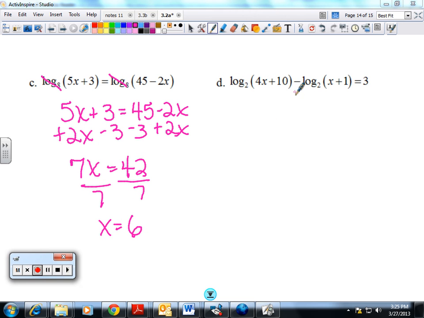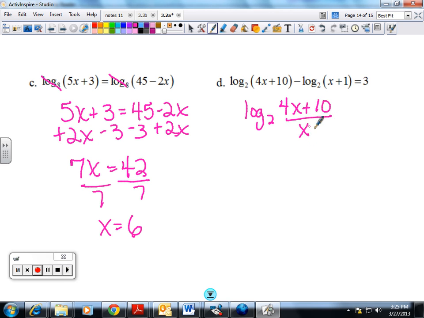And this one, you have to condense it first. Minus goes with divide, so it's log of 4x plus 10 over x plus 1. And then, because we don't have logs on both sides, we can't cancel them. So you got 2 to the third